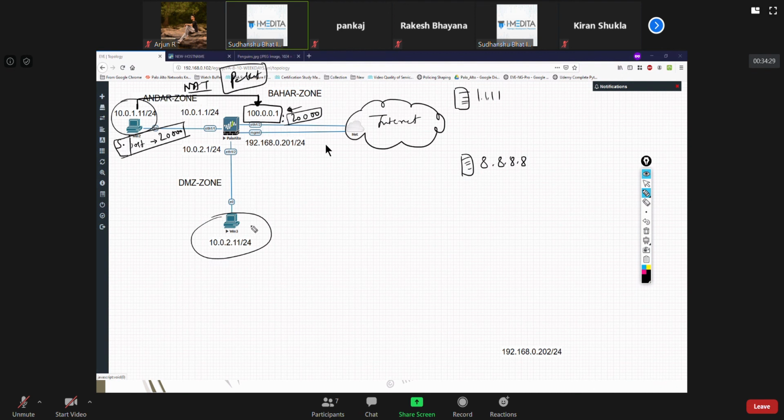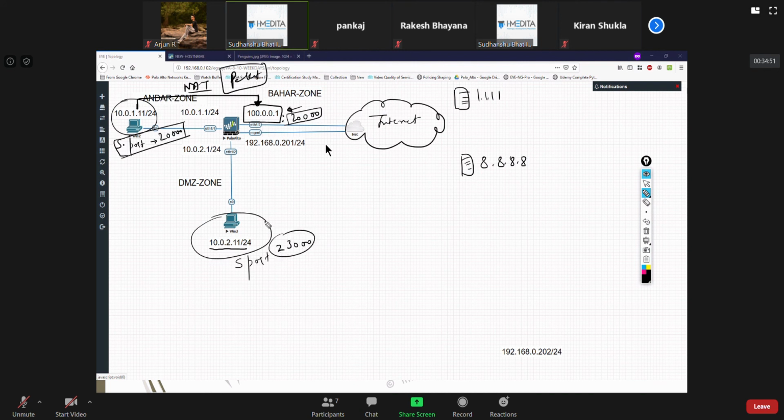But now let's suppose Win3 is trying to go out. It utilized this source IP and the source port of, suppose, 23,000.